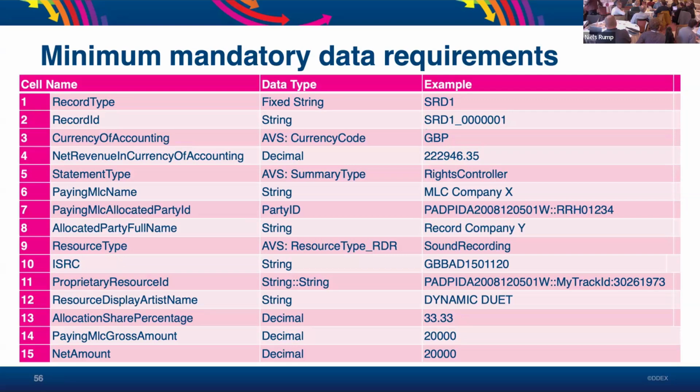The standard allows people to populate the other fields as and when their local systems allow them to actually populate that. So it's kind of future-proofing. If at first this is all you can do, that's great, because already that can be a step forward to some of the data that we do get.